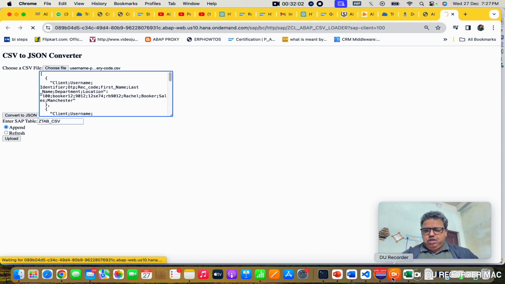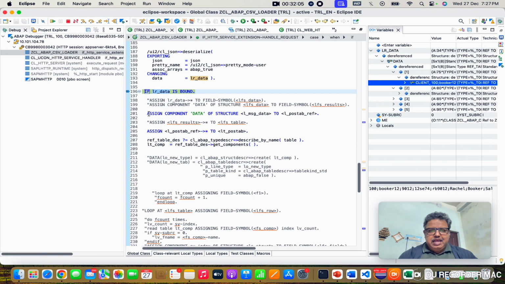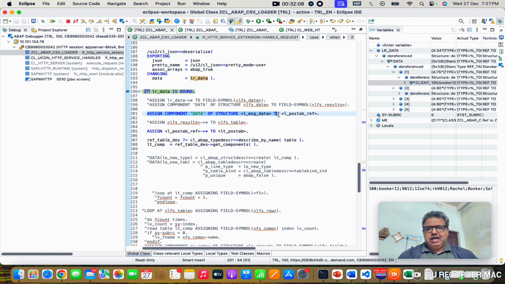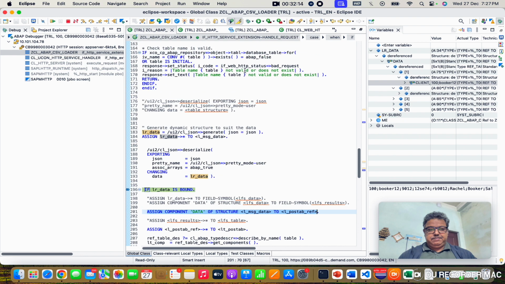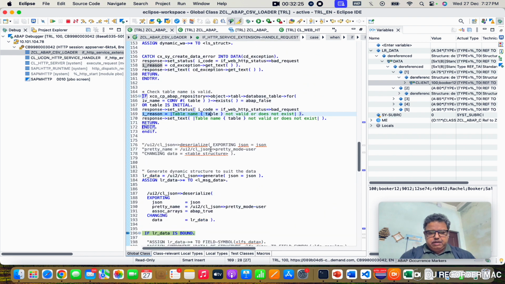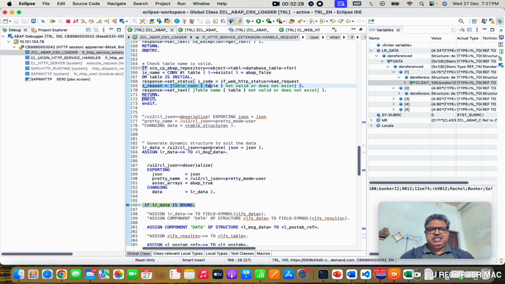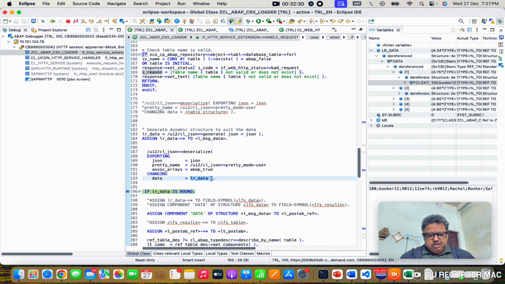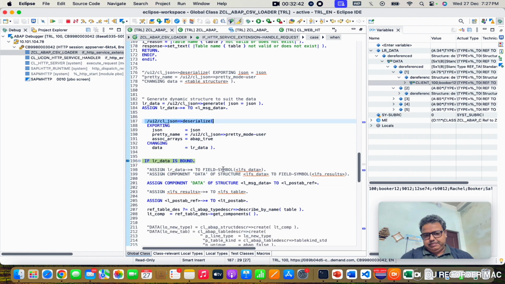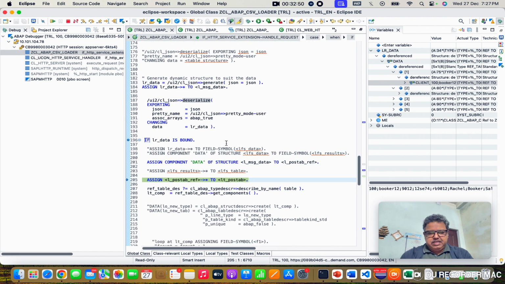So we are going to this, and we are assigning component data of this. And one more thing, how to read this. If you see the validation and all, we'll come to that later. To read the JSON into ABAP data, you have to use the class UI_CL_JSON and deserialize. Then you have this data, and it's a dynamic thing, and you can handle it the way it should be, assign data component to this and all. So after this,